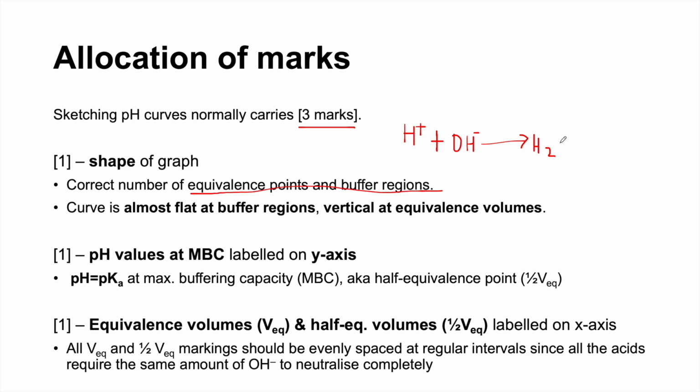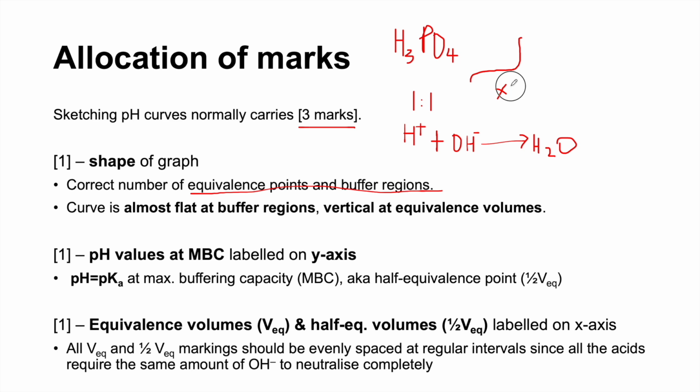Okay, so this and this react in a 1-to-1 ratio. The important thing is to make sure that every single H plus in the acid molecule is going to end up being neutralized by OH minus. That means that if I have a titration of H3PO4, for example, I need to make sure that my graph of H3PO4 against NaOH is going to have 3 buffer regions and 3 equivalence points,